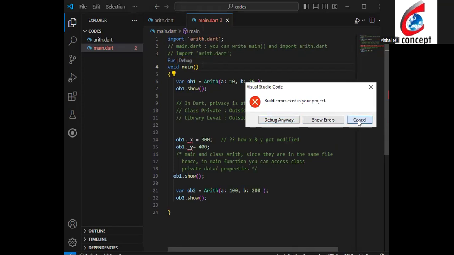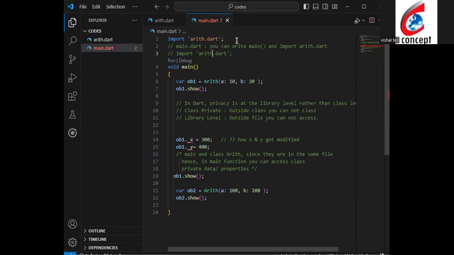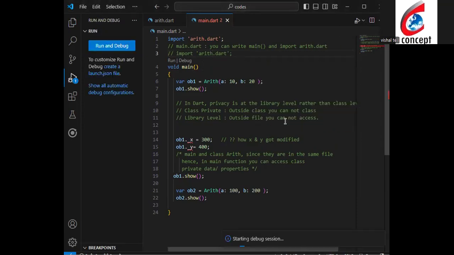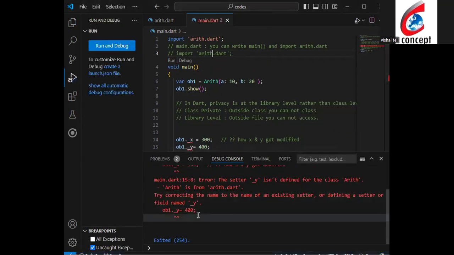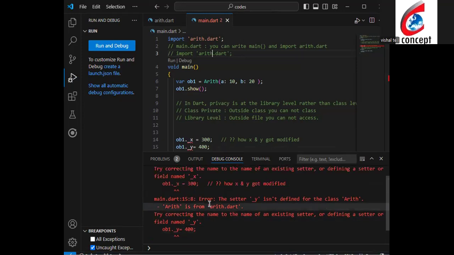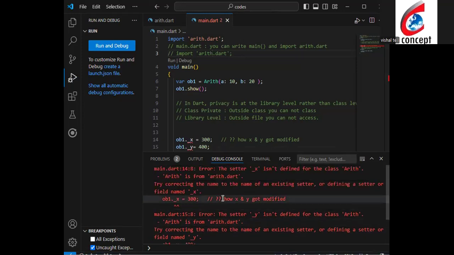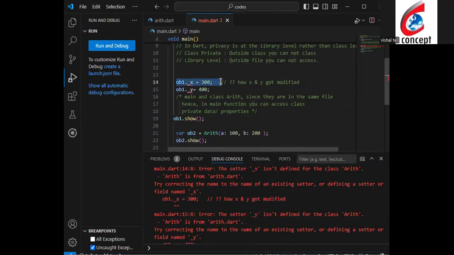What are the builders it said? I think we need to save it, and here there is a start debugging. Okay, it says, see, what are they saying? I wanted to show this error to you. What are they saying? See, how X and Y got modified, at this line, ob1 dot x is saying that,